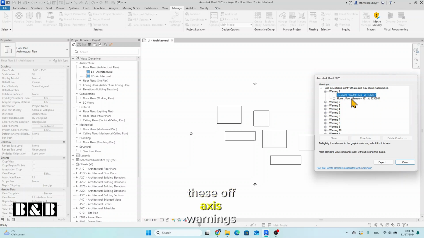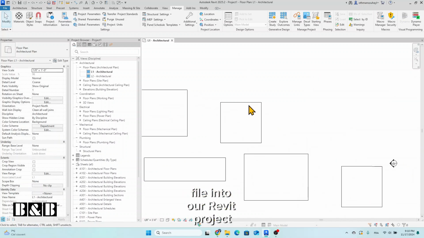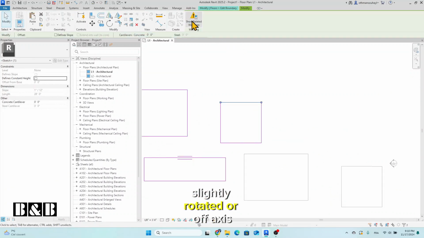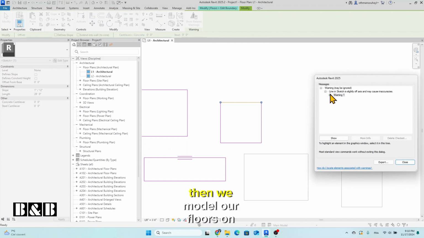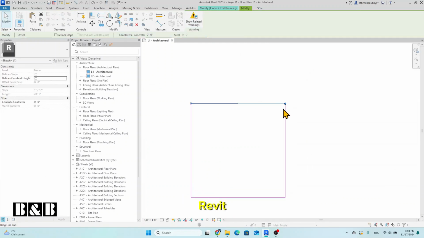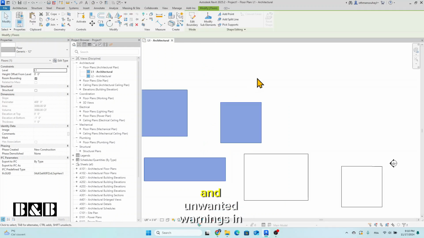model. These off-axis warnings often occur when we link a DWG file into our Revit project. If the DWG contains lines that are slightly rotated or off-axis, then we model our floors on top of these lines using the pick line tool from Revit. This technique may seem convenient, but it's not ideal because it can lead to these off-axis issues and unwanted warnings